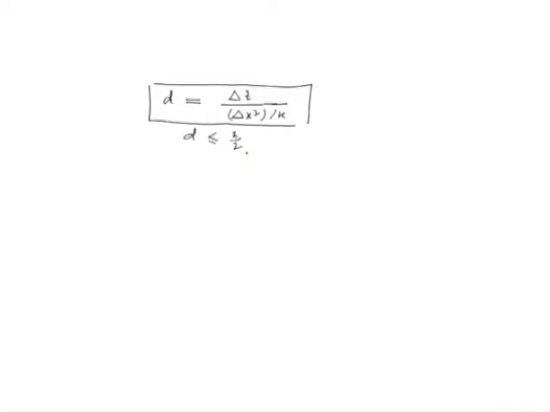So, we have chosen one delta t for our time integration, and suppose in some regions we want to refine our spatial mesh. So, if the spatial mesh is refined by a factor of half,